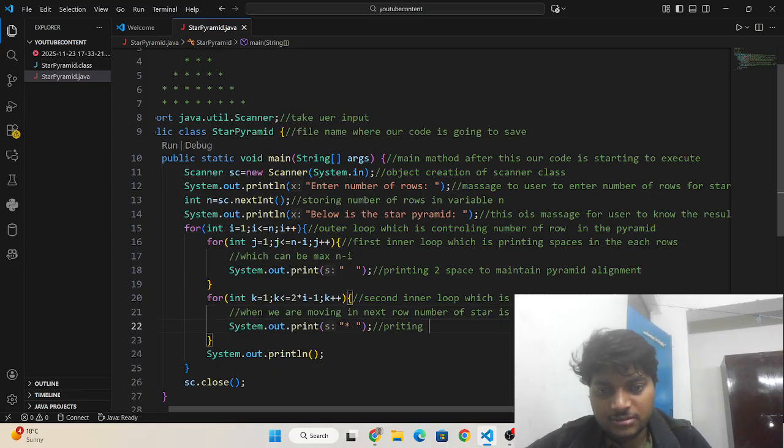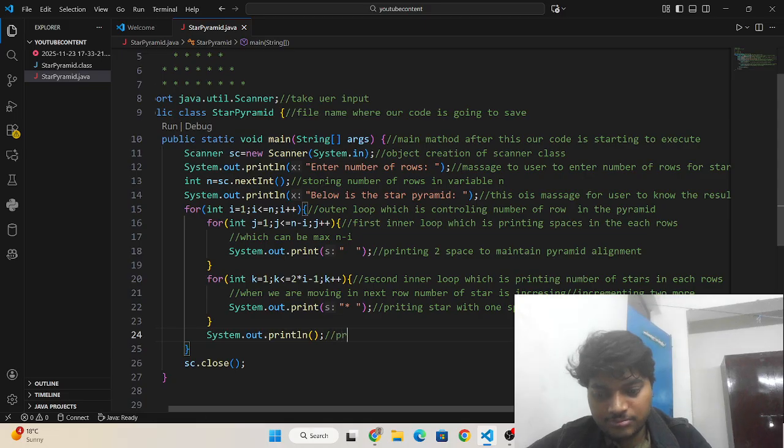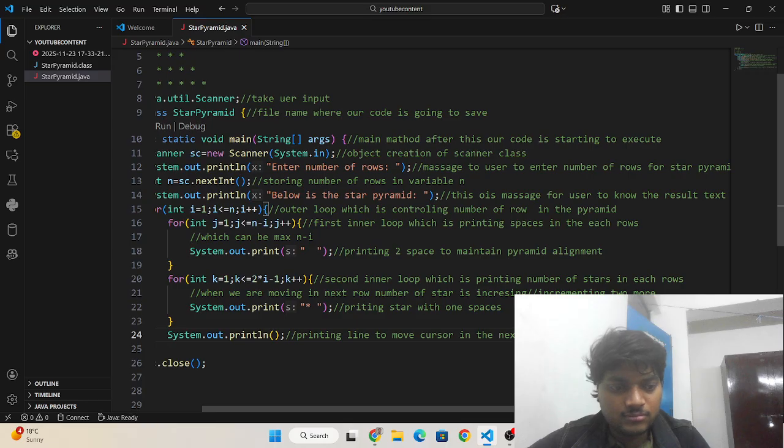And here it is printing a star with one space. And this is printing a new line to move the cursor to the next row after printing stars in the current row.